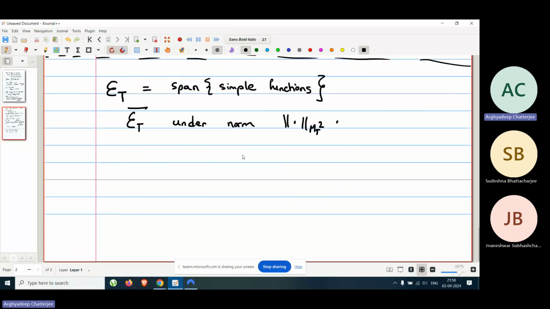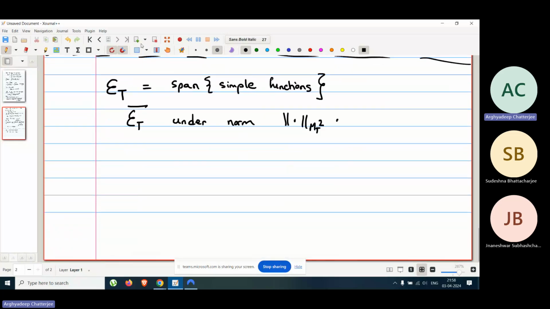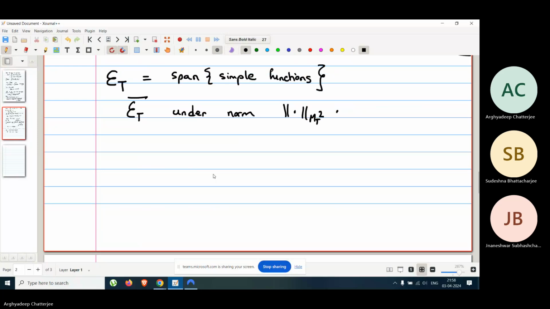And we'll define the stochastic integral for all functions in this closure. And since this norm is compatible with this norm,